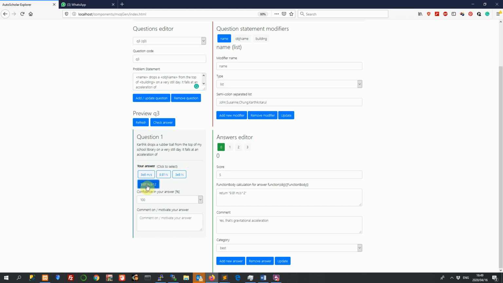And anyway, the number you can see is the correct gravitational acceleration value. So that's our answer, and we've got that specified here. You can see that answer 0 has a score of 5, and here's where we specify how to generate that answer. So this is actually a function creation, and those of you who know some computer science will recognize this